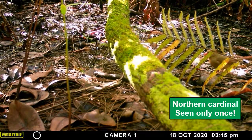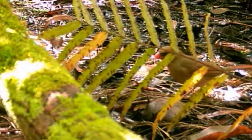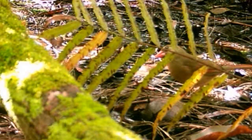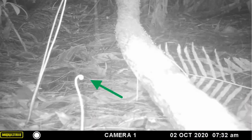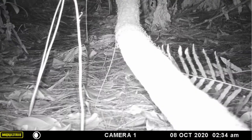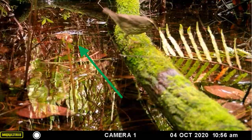And here's a northern cardinal, which is a bird that is seen in some parts of urban Miami-Dade, but not too many in my area, so this park is a little haven for them. So it was cool that one popped up inside of this little hammock. So that's it for the animals that I wanted to show you. Believe it or not, there's a plant that also caught my attention throughout these videos. It's this fern that shoots up in about 2 weeks from late September into